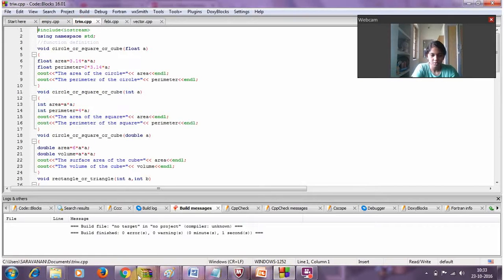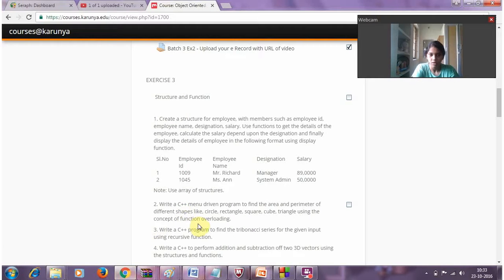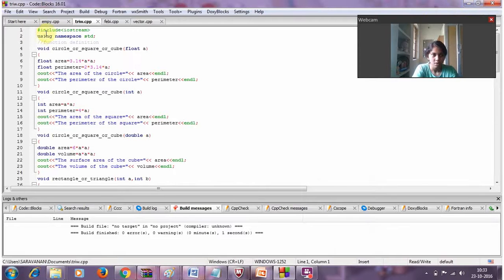And my next program is to write a C++ program for the area and perimeter of different shapes like circle, rectangle, square, cube, and triangle using the concept of function overloading. I'm using the header file hash include iostream, and using namespace std is used to store the library routines like cin and cout. Here I'm going to give the function definitions like void circle, cube,